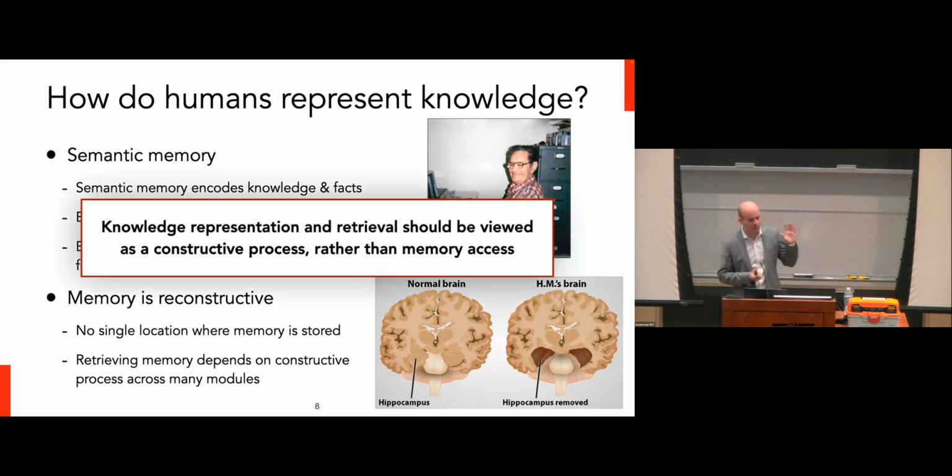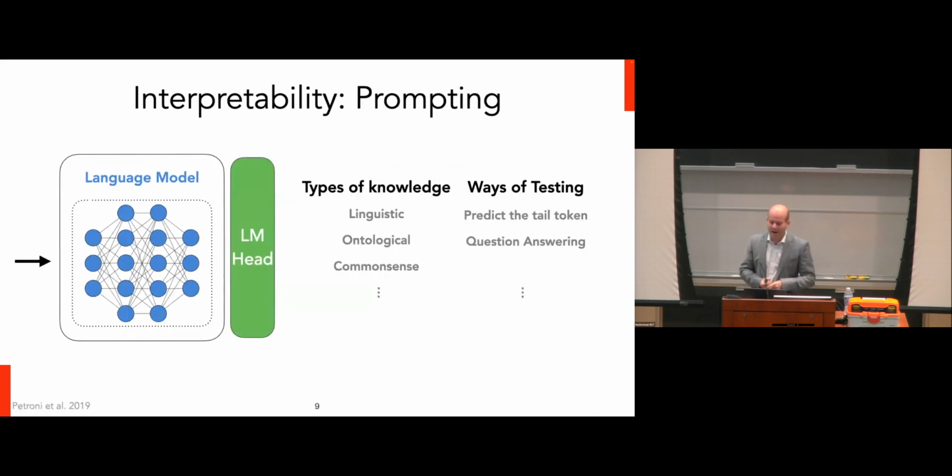And so this brings up our first point about what we know about human knowledge representations, is that in general, when humans represent knowledge, they're not actually finding a single place where that information is stored and learning how to access it. Instead, there's a constructive process that retrieves and formulates those memories. So we're reconstructing the experiences that we've had before, where the information is located. And if we remove modules that enable this constructive process, we lose the ability to reconstruct memories in the first place. And so this is a bit problematic because that's not at all how we have formulated the interpretation and representation of knowledge in large-scale neural networks.